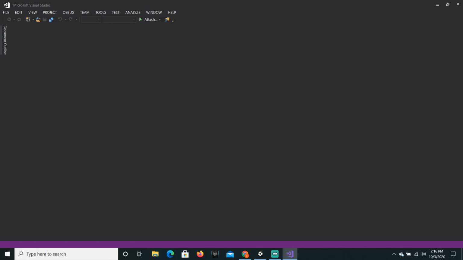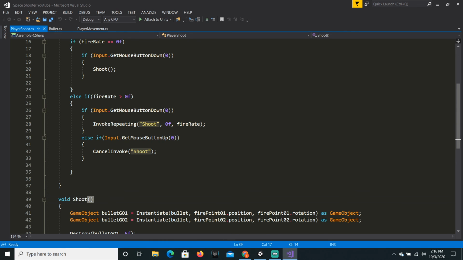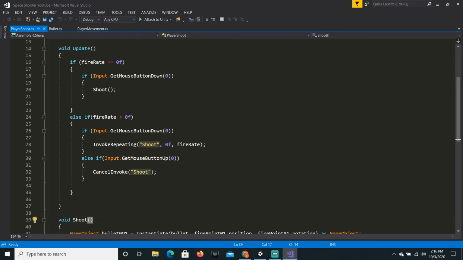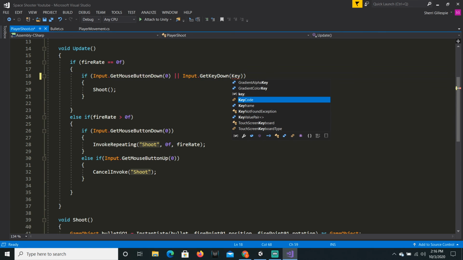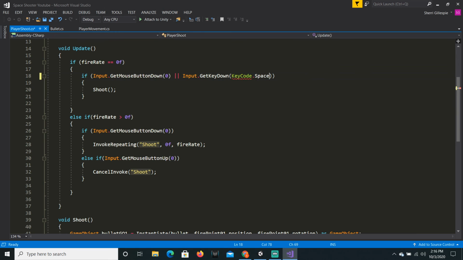Then it will open up in Visual Studio, and we can say if Input.GetMouseButtonDown, or that's what the two slashes mean, or Input.GetKeyDown, then two parentheses, then in those parentheses KeyCode.Space, and then we can highlight this and just do Control C, click right here, space, Control V,